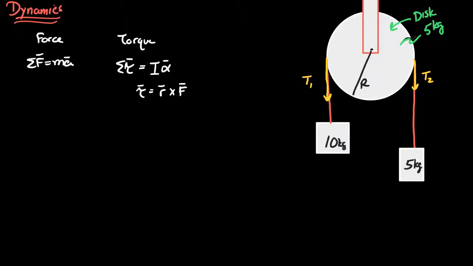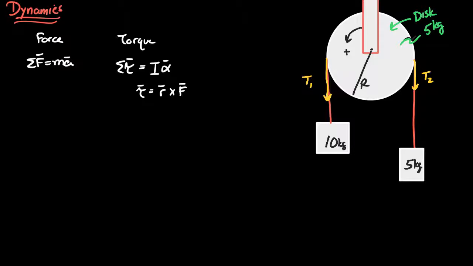And T2 on the other. Now, this is going to add a complication to the problem. Now, I know that you guys can set up this problem. You've done it before. As a reminder, you need to choose a direction for positive. And so I'm going to choose rotating this way for the disk to be the positive direction,